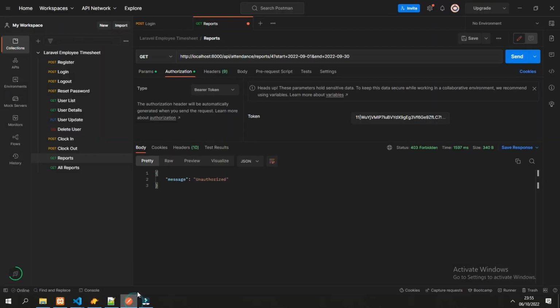And if we try to run the API again, it should succeed because now it is an admin. Let's extend the dates so we can see some data. Now it can check other user reports.